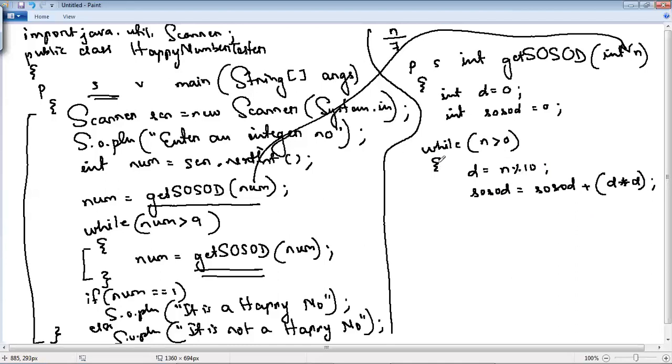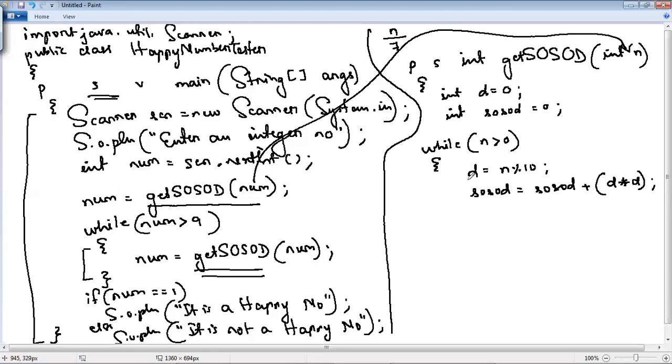We have extracted and stored the digit in variable d, so d into d means the square of the extracted digit. It gets added with the value of SOSOD and the complete value is reinitialized to SOSOD. Then we have to think about the updation expression.